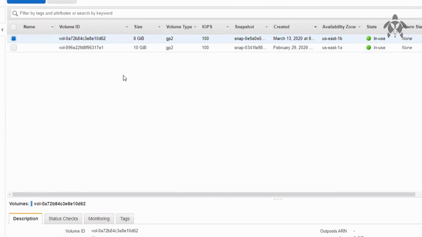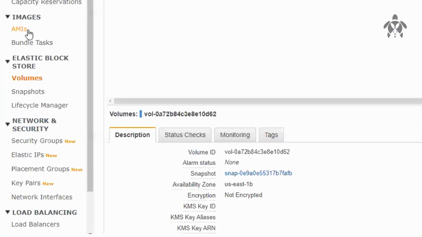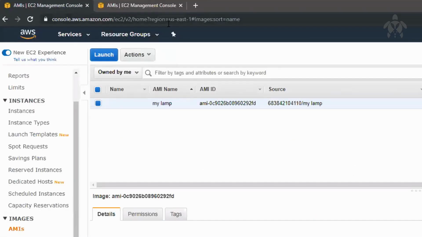So you understood that it is taking a snapshot of the current volume, and that is what I told you in the picture also, that the current volume will be snapshotted over here, right, and the entire thing is getting stored as an AMI. That's what is happening. Once the AMI creation is over, and you can see it is over,